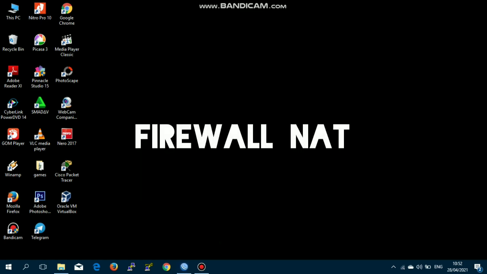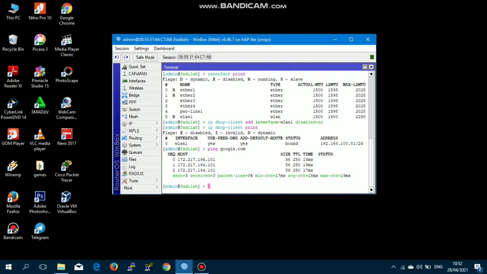Firewall NAT configuration. Here, we will configure the NAT firewall so that later the router can connect with the client PC by using the command IP firewall NAT at chain src NAT out interface WLAN 1 and for action masquerade.